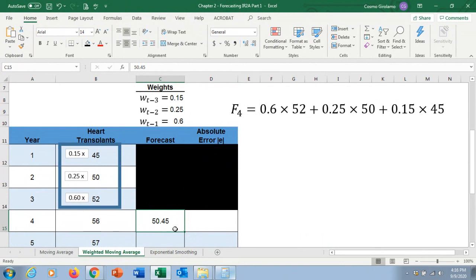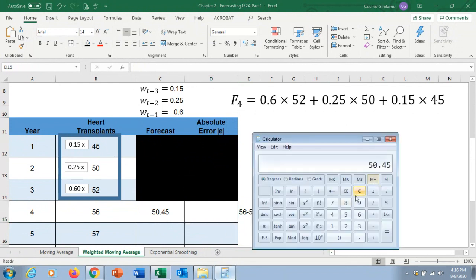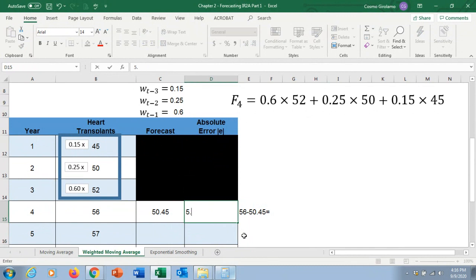How far off were we? Well, we'd have to subtract 56 minus 50.45. So if we subtract 56 minus 50.45, we would get, and just because I don't want to make a silly math error here, 56 minus 50.45, 5.55. This is how far off we were,